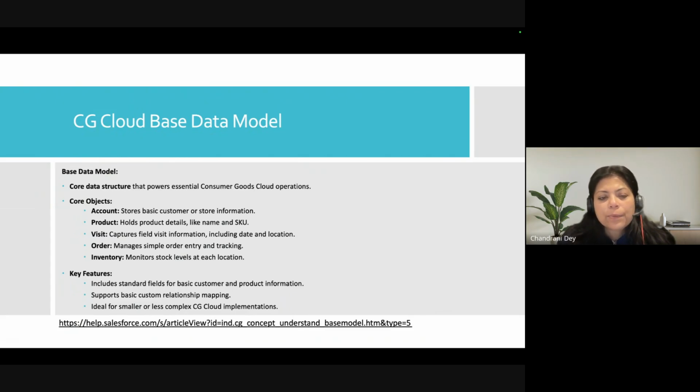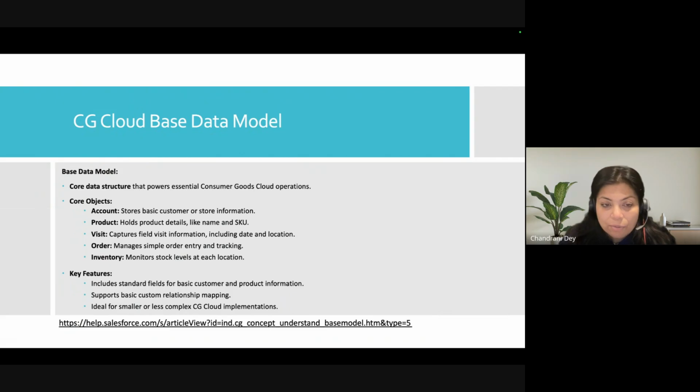product, which holds product details; visit, which captures visit information including date, location, etc. Order, definitely order, product, account. These are all standard objects, not core. You would get them in Sales and Service Cloud as well.